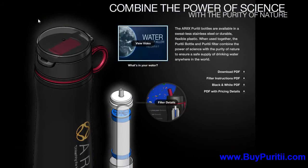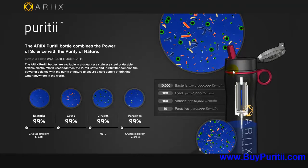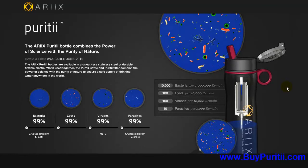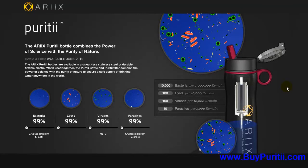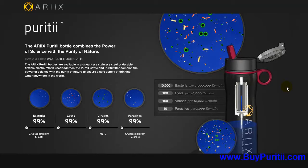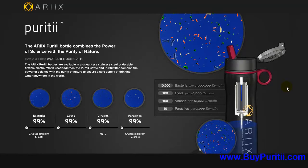But I want to take you to the corporate site and show you a few things here, because there's some interesting stuff. You can see that this is a filter that fits in the bottle. This is kind of an expanded view of it. When we click over on this filter details, you're going to see some characteristics of this filter. Again, the Purity bottle combines the power of science with the purity of nature. So think about that. It's taking this filter technology, and it has a straw at the end of the filter. You can put any source of water into this bottle, and it'll filter pure